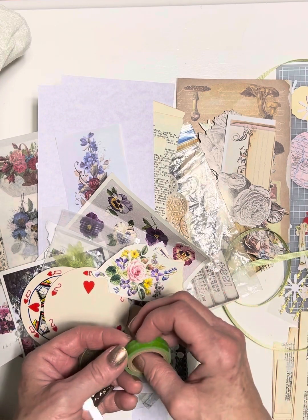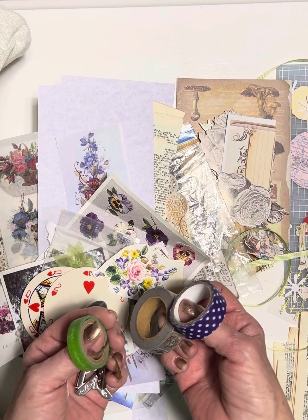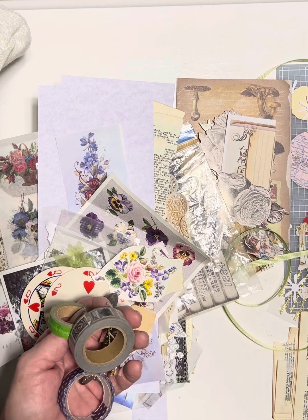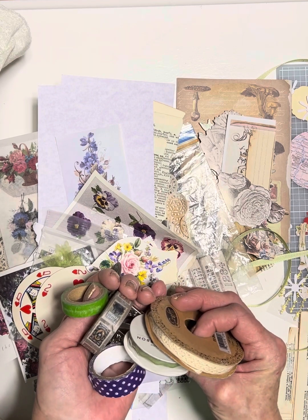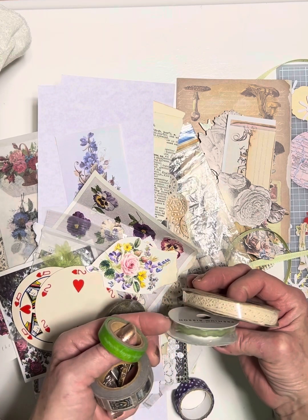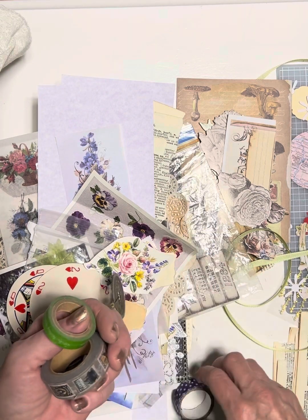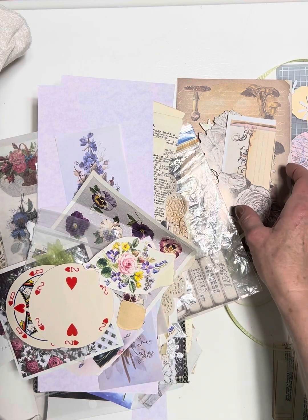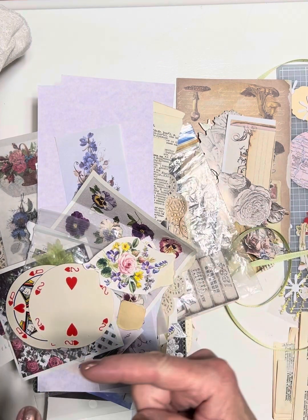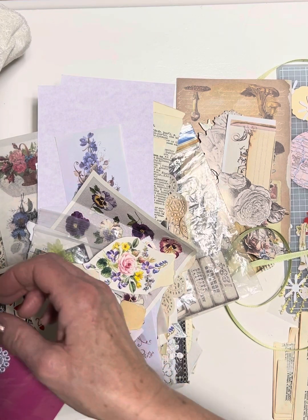And I found all sorts of washi. So I found some with stamps and some with purple polka dots, and that's kind of wild to me, so I might like to use that. And I found some really cute, this is velour, like a velvet, and then some lace, just some lace. And I'm going to use that too. And, well, there's a million other little things all over there that I haven't pulled out. I've got lace butterflies, and